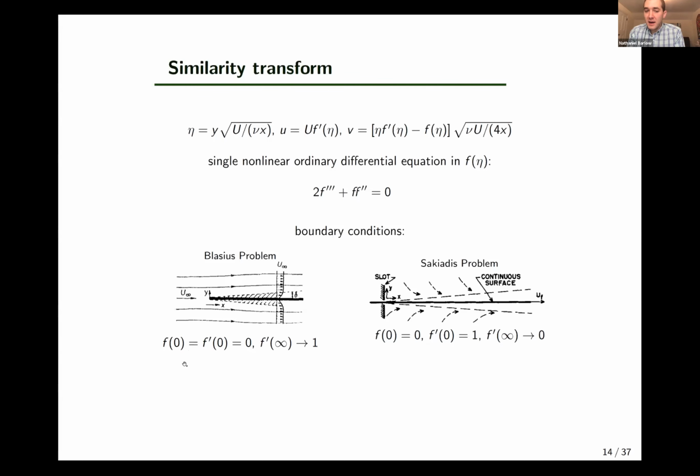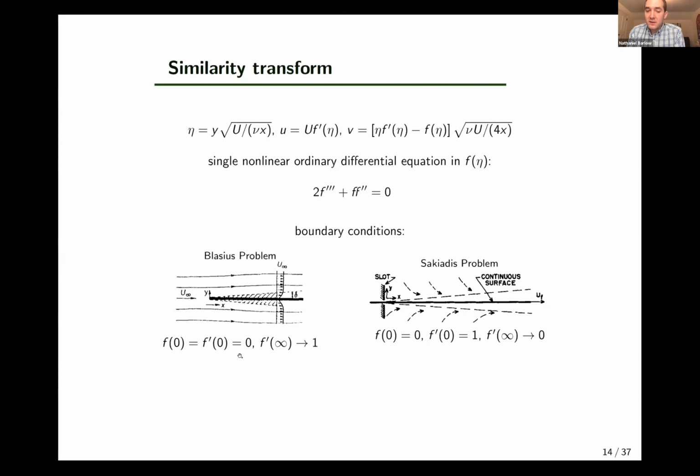Maybe f at 0, f prime at 0, and maybe f double prime at 0. But notice this third condition is not f double prime at 0. It's f prime of infinity goes to 1, which is probably terrible if you're trying to solve this using a standard differential equations method. But it's perfect for the method that Steve and I came up with,